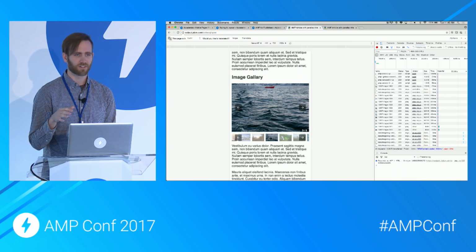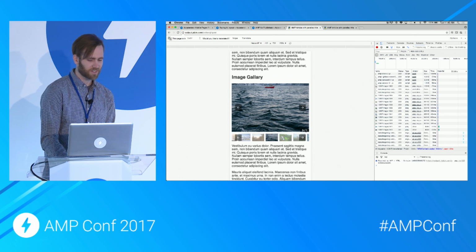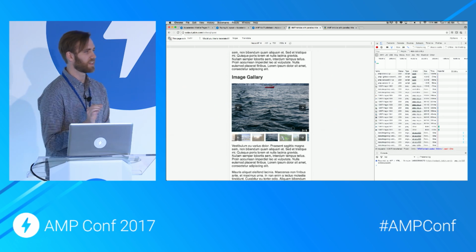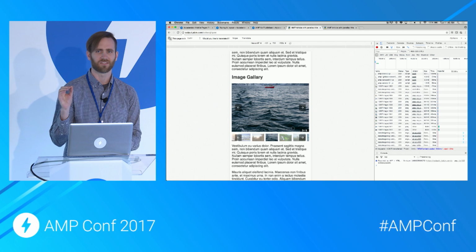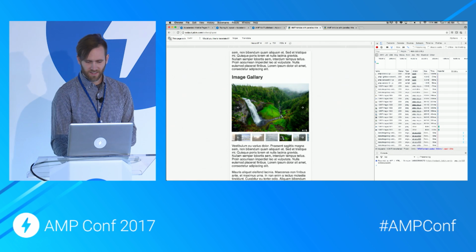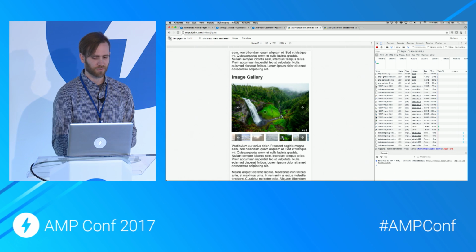Some experimental features like AMP Bind. For instance, you'll notice in the lower right-hand corner a better affordance for understanding which number of the slides in the carousel you're on. Right now, we're here on slide 4 of 8. And that changes as you tap and swipe and go through these.